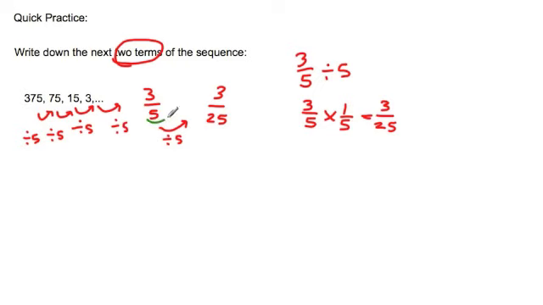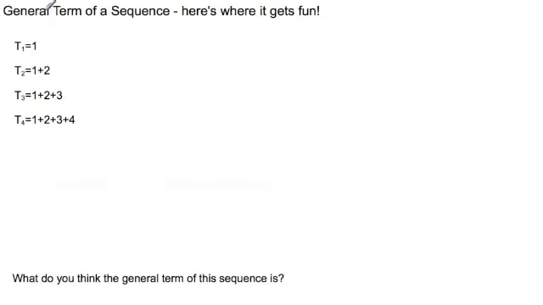And what I'm going to do is go ahead and circle those. These are nice, awesome looking circles. All right, so that's how you can take a look at finding terms of a sequence. But here's where it gets really cool, because now we're going to be talking about the general term of a sequence. If we go back to our triangular numbers, we'll notice